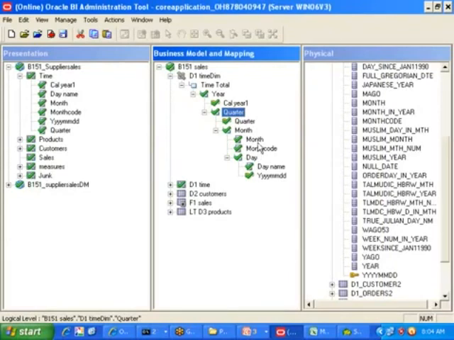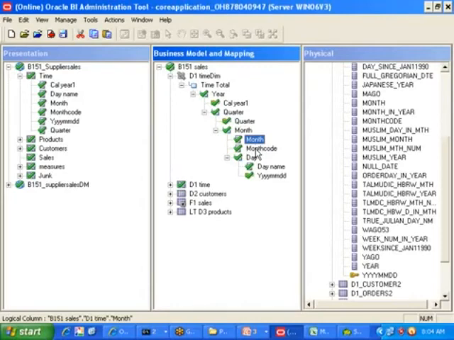Now here is the problem. Here I have only one column, so I used it as a primary key column, and I used it as a display column also. I have one column only here also, so I used it as a primary key column and as a display column. But coming to here, I have two columns, one is month code. Which is the display column, and which is the primary key column?